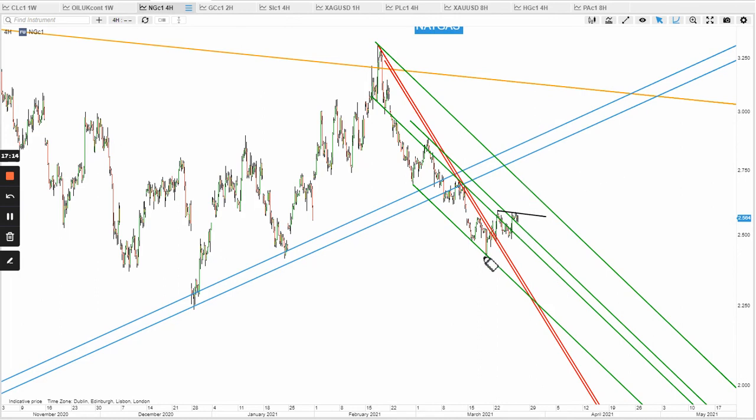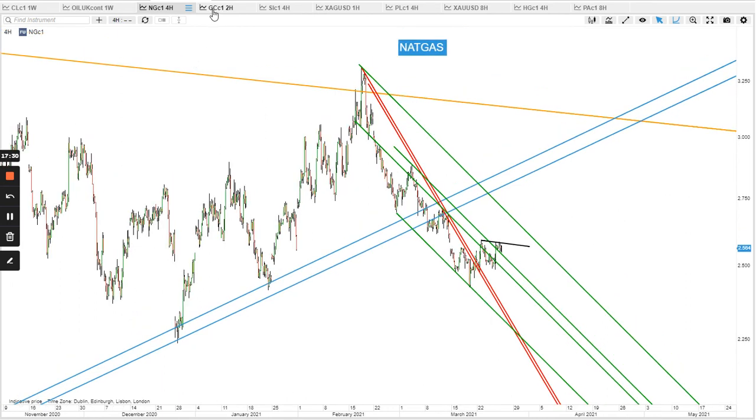But to me, if we see something like this, okay, it gets there, then this is a double resistance for this bear flag and the green. Then I suspect we'll see a huge dive. Gold